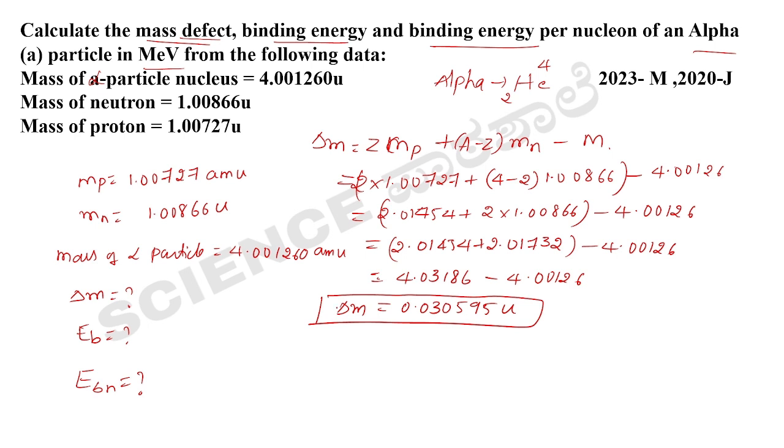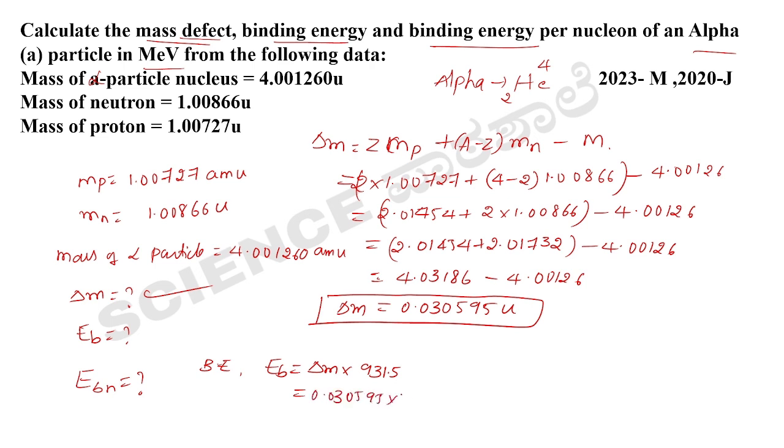Okay, now the mass defect is done, that is 0.030595 U. Then what do we have to calculate? We have to calculate the binding energy. Binding energy, that is EB, is equal to, what is the formula? Mass defect into 931.4. So if you substitute this, the binding energy is the mass defect